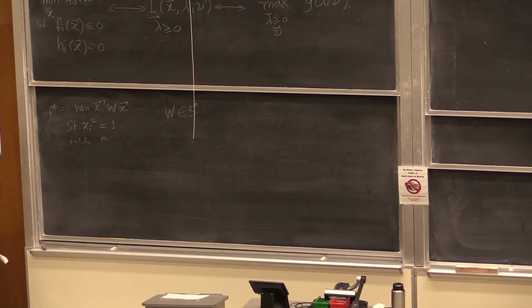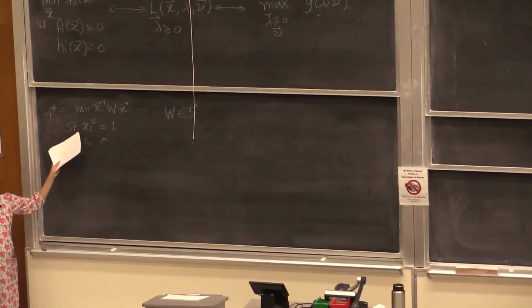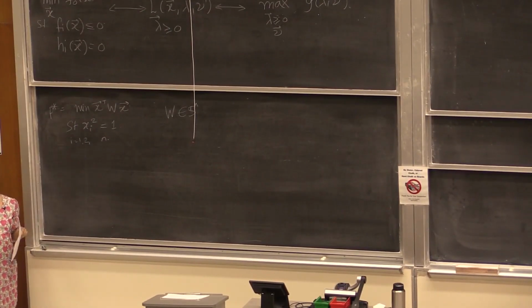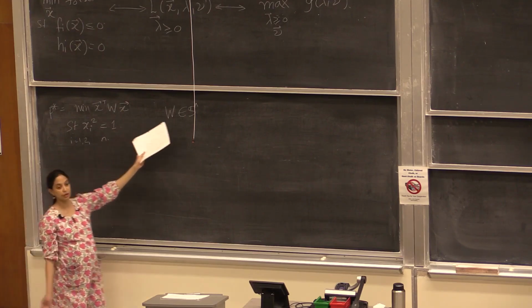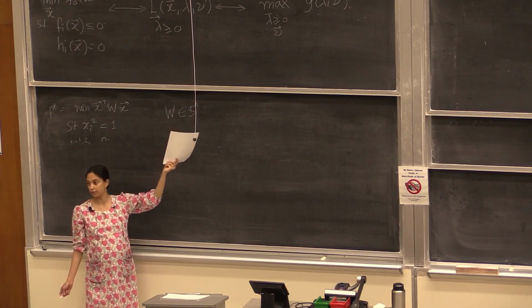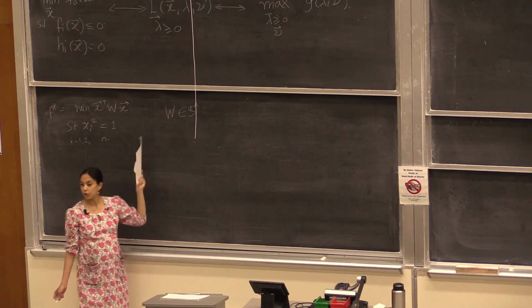Is this a convex problem? In general, this is not a convex problem, right? Is this constraint convex? Nope. Is the objective function convex? Are all quadratic functions convex functions? What does it depend on? W. Under what conditions is x transpose Wx convex? If it was PSD, then it would be convex, right? But in general, we don't know that. All we know is W is a symmetric matrix. So it could be positive semi-definite, or it could have some negative eigenvalues. We don't know, right? So in general, this is not a